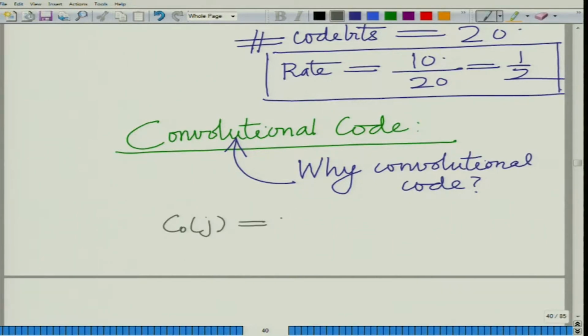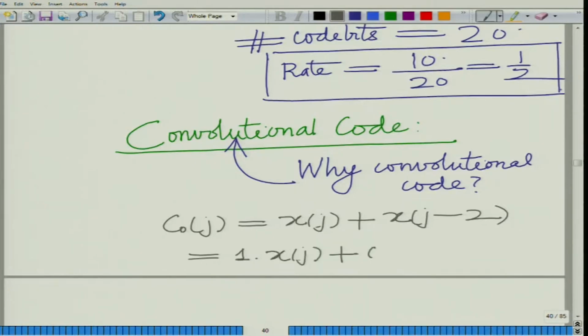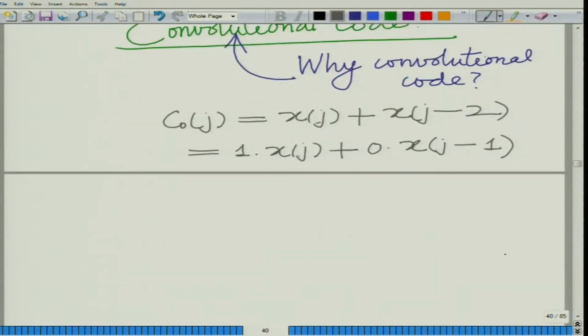So you have C0j equals xj plus xj minus 2, which I can write as C0j equals 1 times xj plus 0 times xj minus 1 plus 1 times xj minus 2, which is equal to